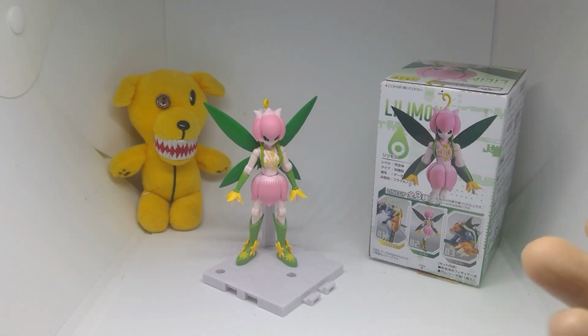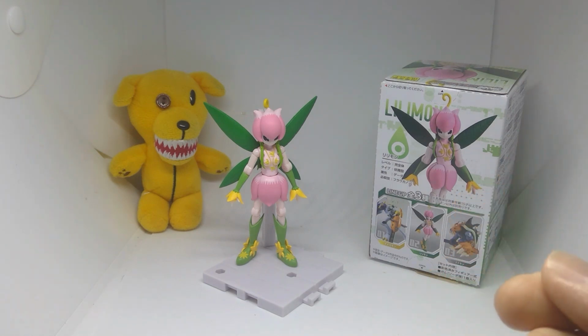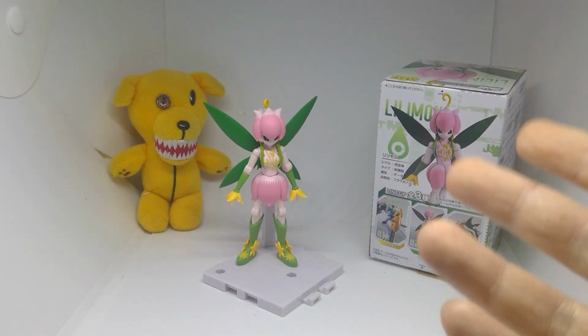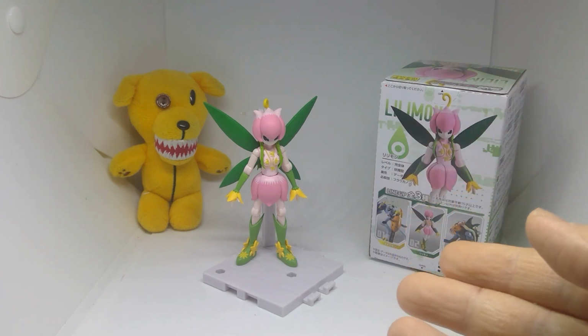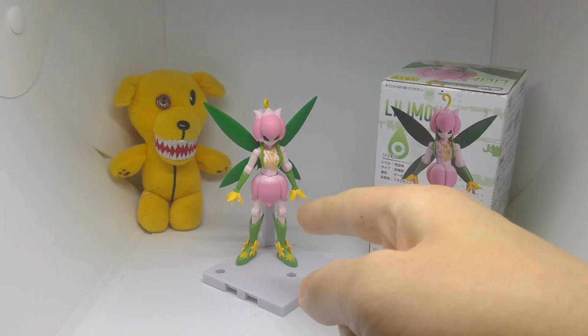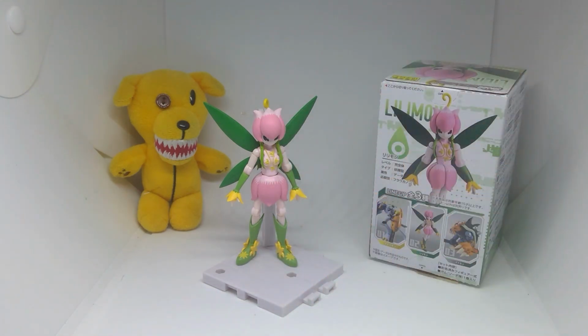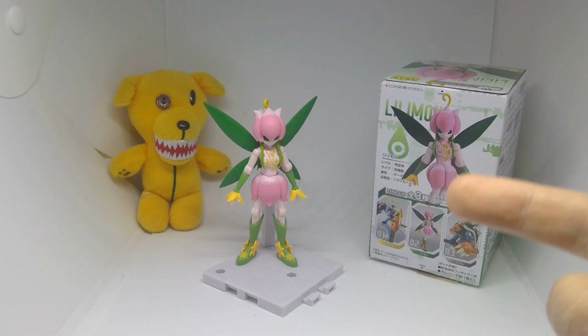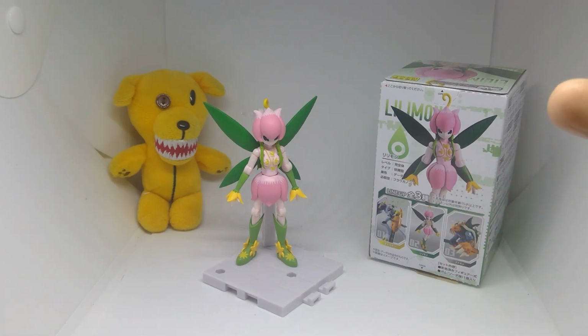So at that point, if you acknowledge the premium, then yes, I could recommend her at the price point. However, there are slight flaws, as you've seen, that they could have done a bit better. But surprisingly, I can recommend her for fans of Digimon. For those on the fence who can only get one, I would say the Omegamon, the Metal Garurumon, more Greymon, the other fan favorites. But